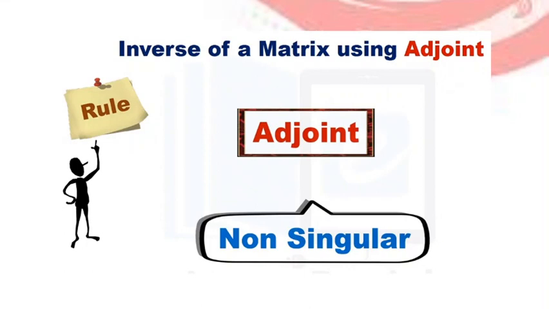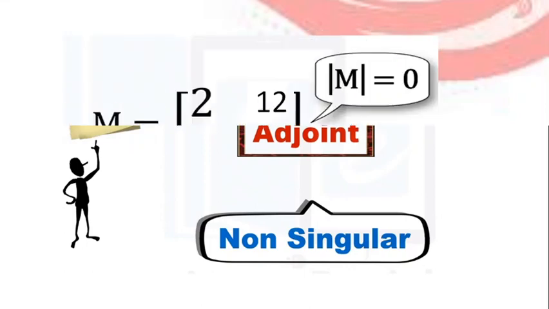There is a valid reason for that, because the formula of inverse of a matrix says that A inverse is equal to adjoint A upon determinant A. If we get the value of determinant as 0, it will be not defined and we will not be able to find the inverse of a matrix. So that's why there is a rule that we take adjoint only for a non-singular matrix. If a matrix is a singular matrix, then there is no use of taking the adjoint of that matrix.